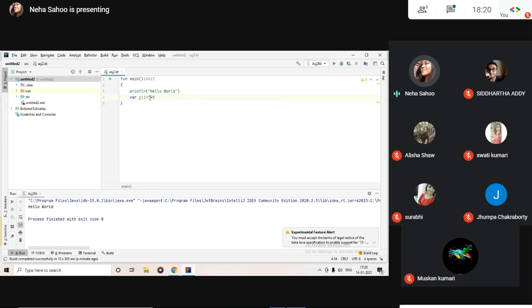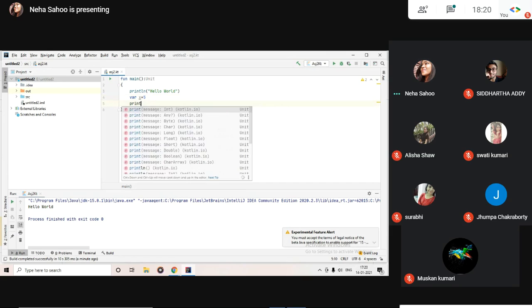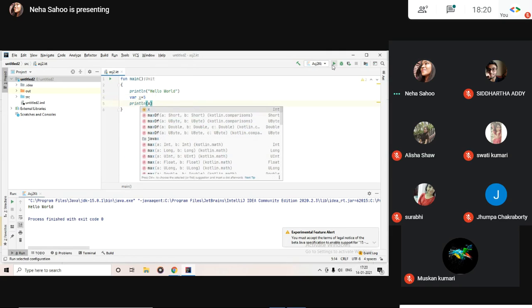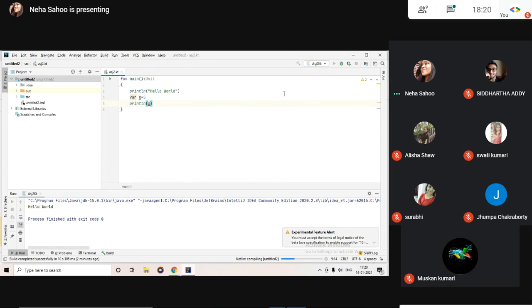This is one more thing that is really amazing about Kotlin, that you don't necessarily have to write your data type. So if I write var x equals 5 and after that I print it, you can see that it's printed the value of this variable.